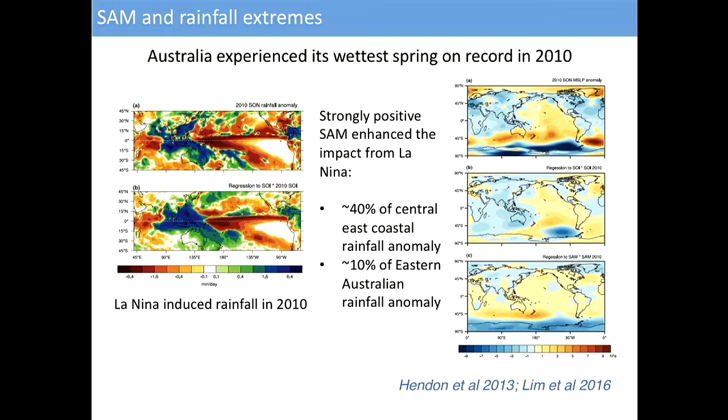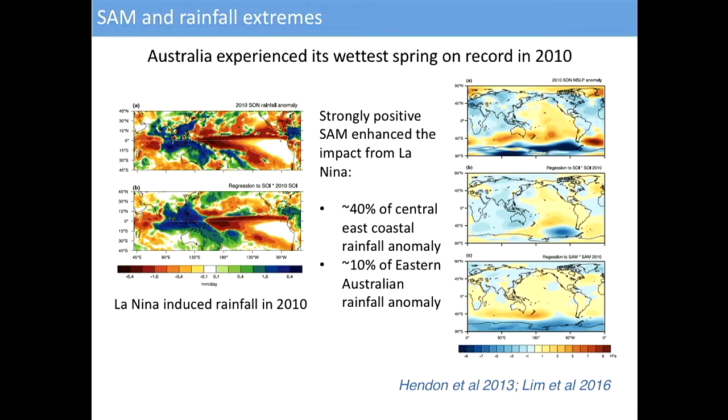And this is what we would have expected from La Nina. So there was a strong La Nina at the time, and you can see that, as we know, or Dietmar will tell you, leads to increased rainfall over Australia. But the rainfall we had was much larger than we would have expected from the strength of that La Nina. And so this study showed that the pattern of the SAM, which was really strongly positive at that time,